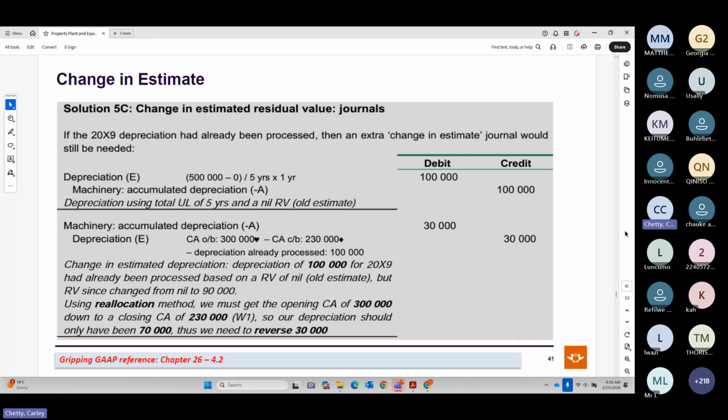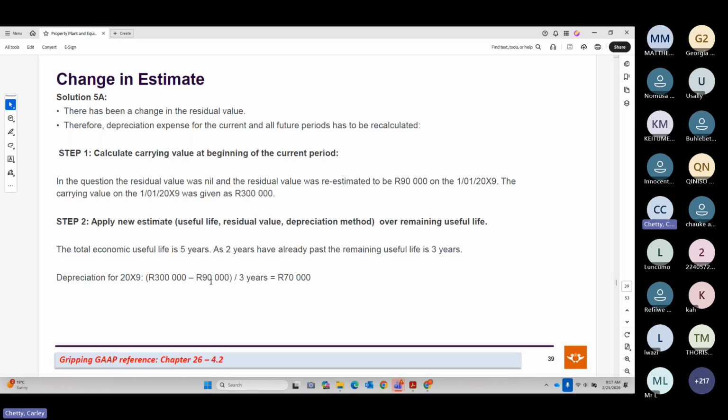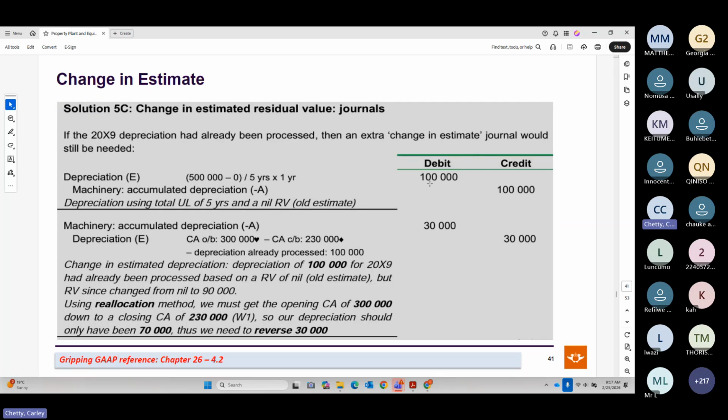Now the accountant realizes that the residual value has changed and it is no longer 0. The residual value is now changed to 90,000 Rand. So now depreciation should have been 70,000 Rand, but the accountant has already processed 100,000 Rand. So now the accountant realizes that too much depreciation was recorded, and now they need to reverse some of the